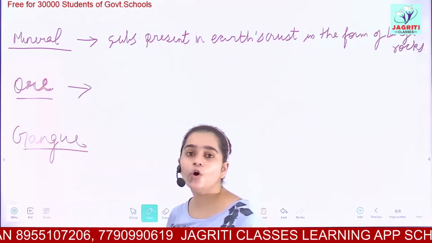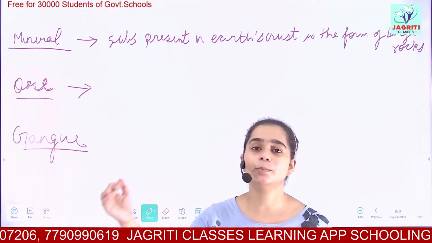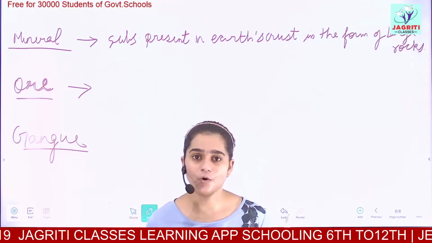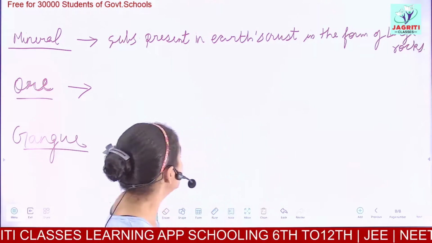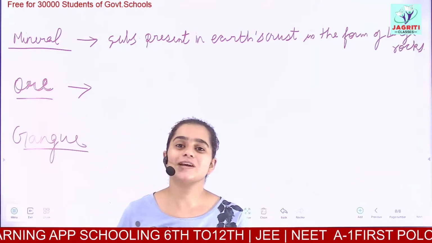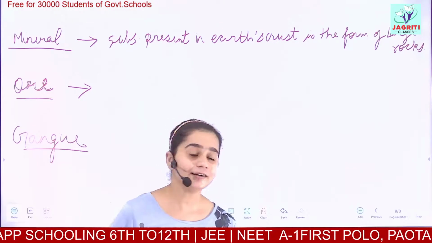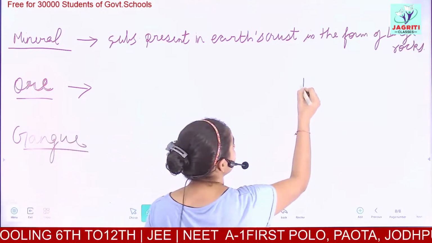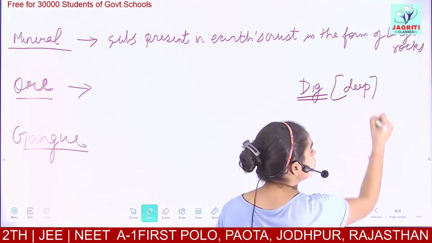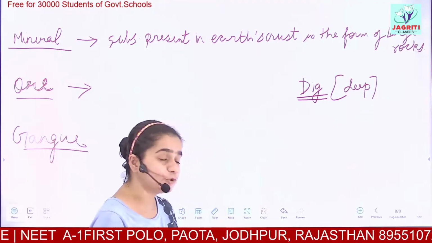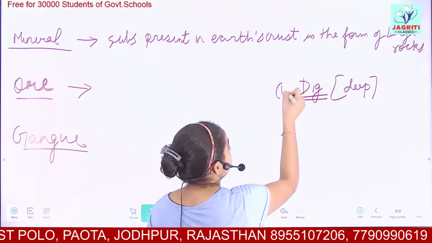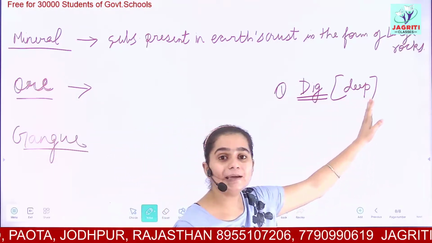Let's suppose you go on a mining, okay? You want to mine your minerals. What you do is you dig deep pits in the ground, deep holes you make in the ground. Let's suppose it is a gold mine, okay? We are trying to extract our gold. Then the first procedure would be digging the ground. You will not find gold on the surface, okay? You have to go very deep into the earth's crust to find your gold. So first is digging into the ground, which is a deep digging.